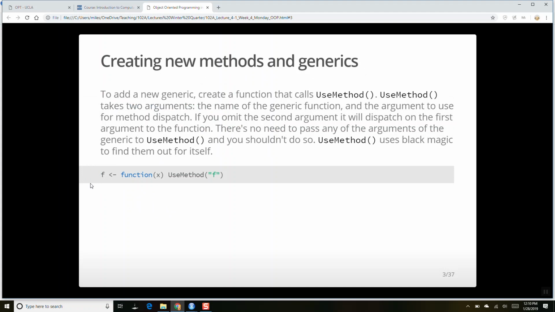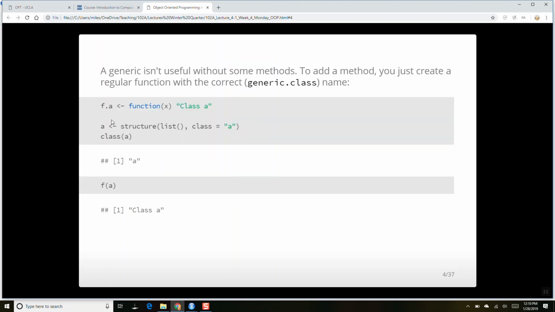here we have the generic function f, and then all we have to do is follow the S3 naming conventions.